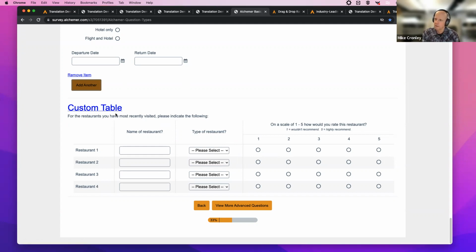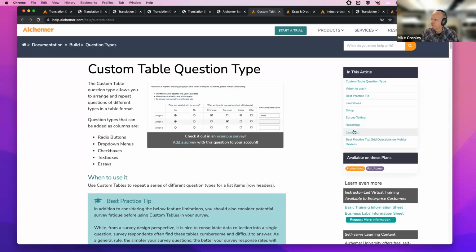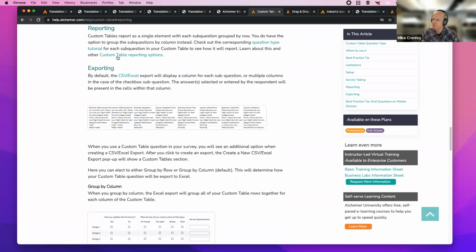And again, this is really good to check in the output. How is it going to come out in the data? I'll look at the reporting, and it's going to come out in this format. So again, double check to make sure you are comfortable with it. This is just a preview of what it looks like. The best practice, if I do choose to use it, is to put in some test data, go through it and test it myself. I really want to validate it, run the export, and look at the standard report. Then I'm confident I can handle this data and that it will meet my needs on the output.